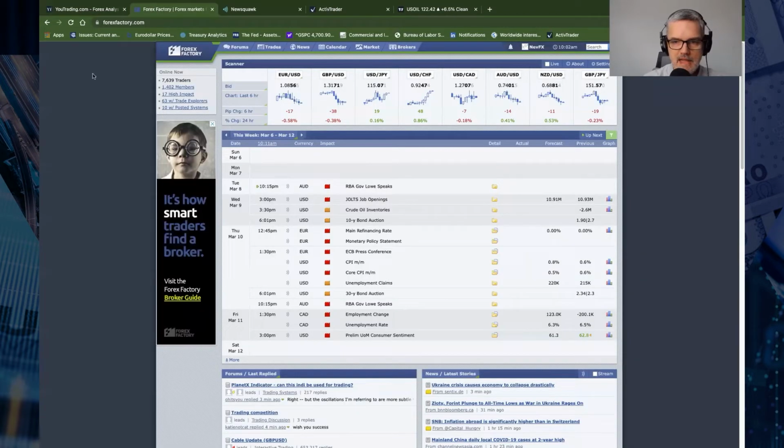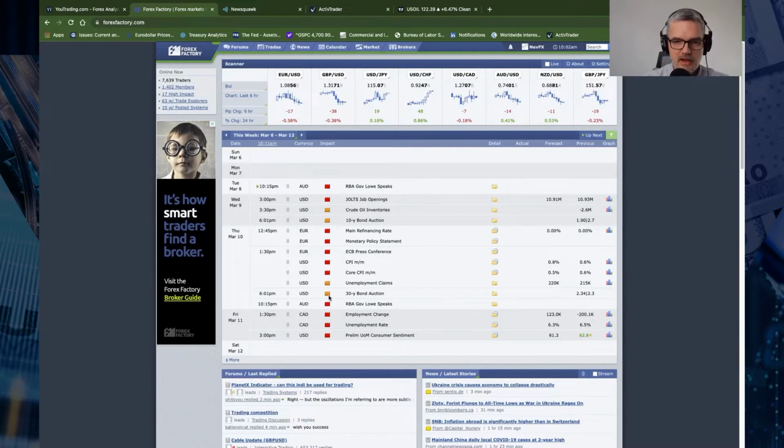If we go to the economic calendar for the week, the tier one data is kind of thin on the ground. The focus is, under normal circumstances, Thursday, where we'd have the European main refinancing rate, their ECB monetary policy statement, and then the preceding press conference. That happens at the same time as the US releases the CPI and core CPI data. And we also get the US unemployment claims as well. So Thursday, like I said, under normal weeks would be the focus.